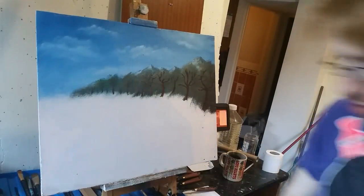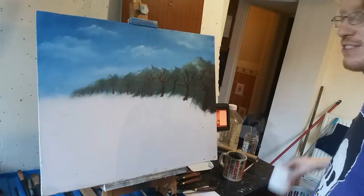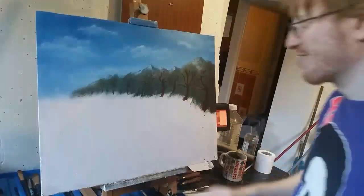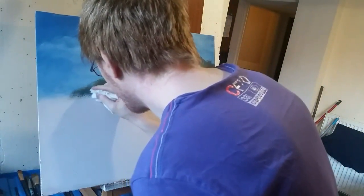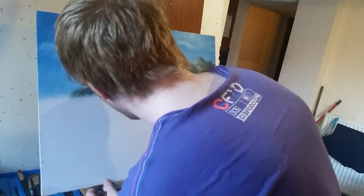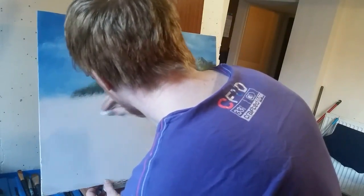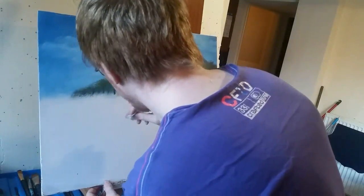And now I'm going to try the thing I was talking about. And it's very simple. I'm going to see if I can fade it out with some tissues. And see if the ones in the back can be faded that way a little, by dabbing it on there. Because the paint behind it is dry. I think I'm smudging it here a little, but